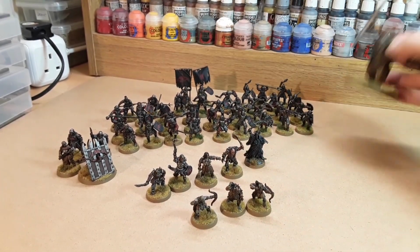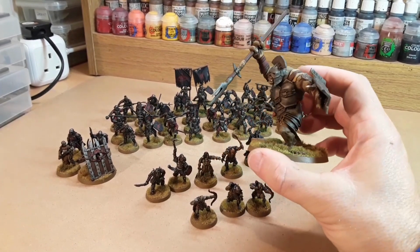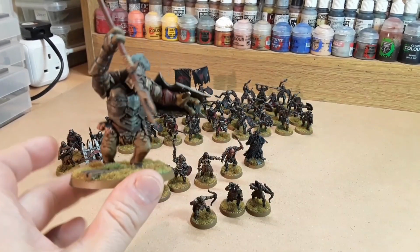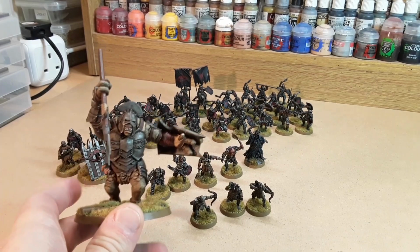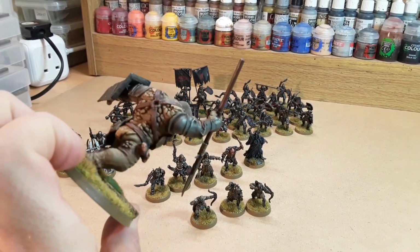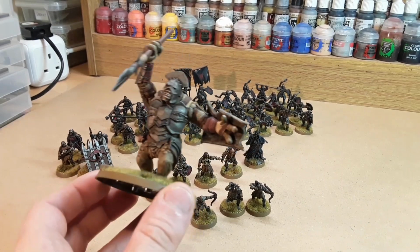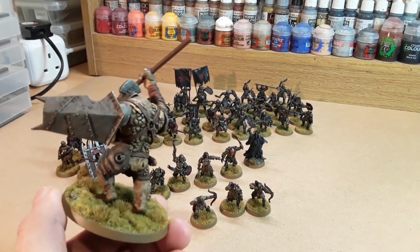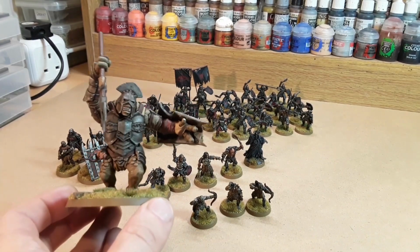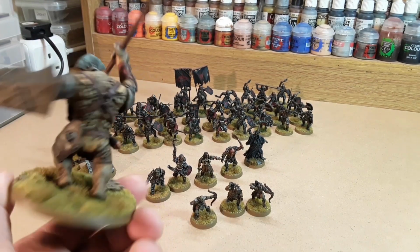And then the last thing I did was paint this troll, the Mordor Troll. Now this is the first time I've ever tried oil washes. I've been watching people paint with oil paints for quite a while on YouTube and things, and I always wanted to give it a go, so I had some vouchers for the local art shop that I got for Christmas a while ago now. Got myself down there, got some oil paints, got some odourless thinners, and basically all I did was paint the base colours on, then made up a brown wash with the thinners and the oil paint and just slapped it all over it, left it for 24 hours,